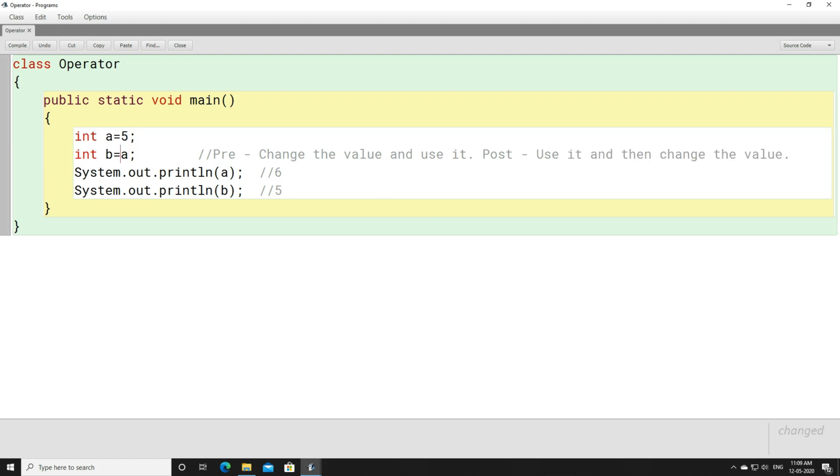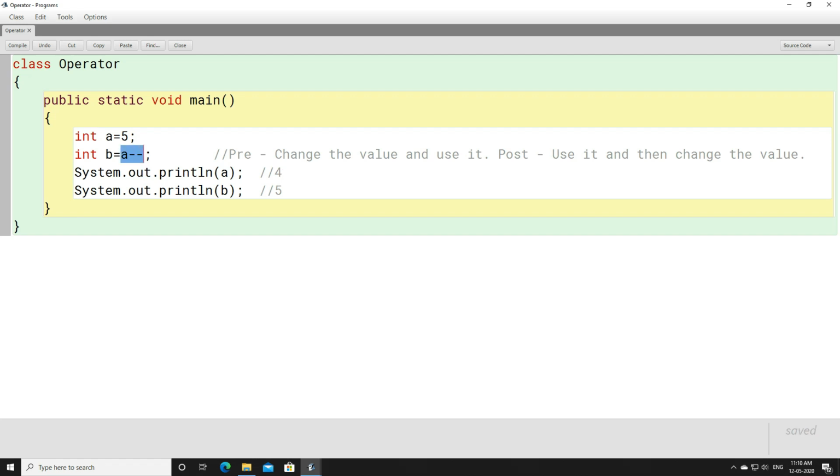Instead of writing a++, if we write a--, then what value are we going to get here? The value of a is 5, isn't it? Now because we are using a--, first the value of a will be used. What is the value of a? That is 5. So b will become 5, right? And because we are using --, the value of a will get changed to 4. It will get decremented by 1 and it will become 4.